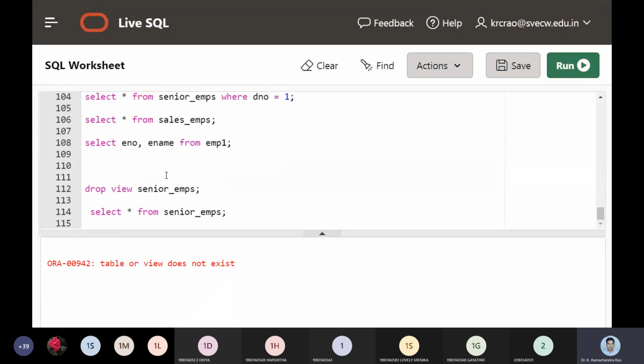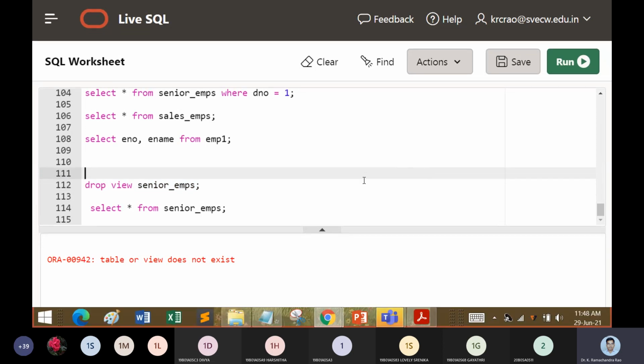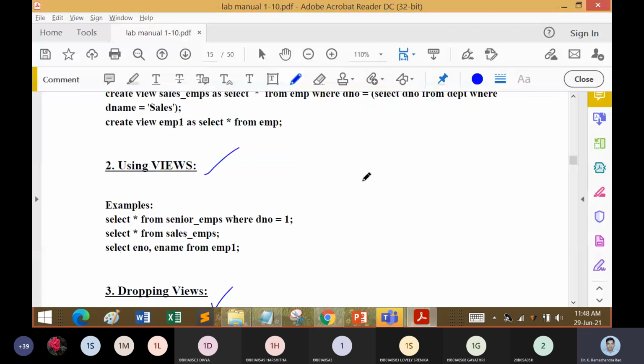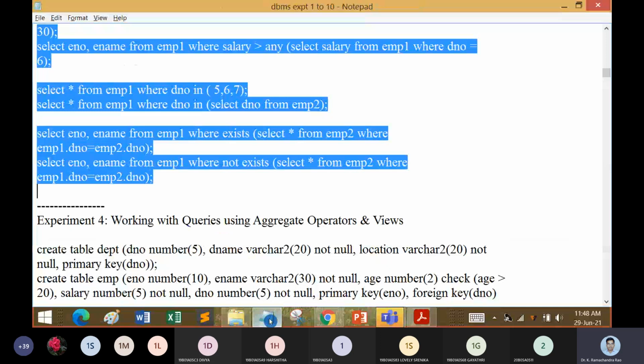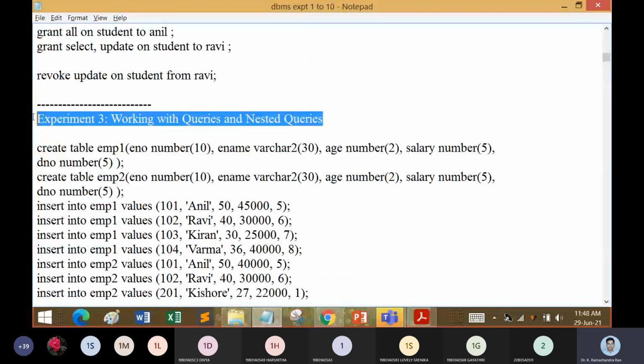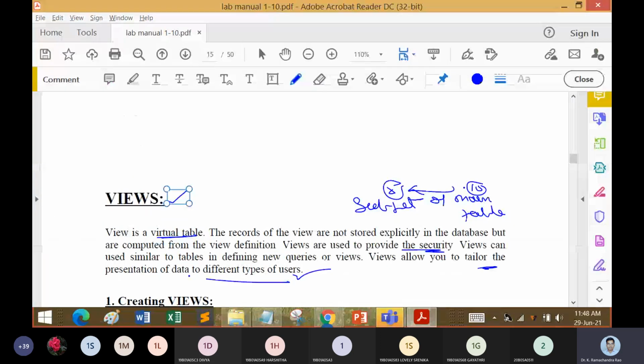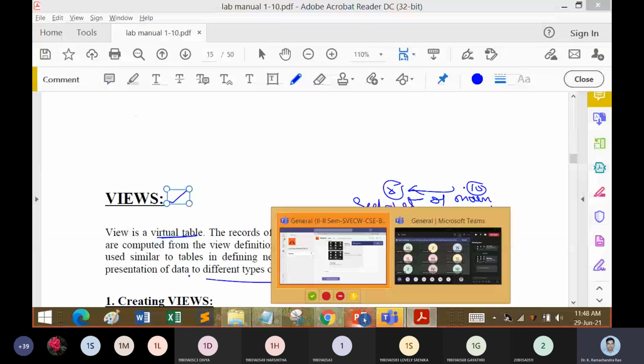Thereby we worked on views, creating a view, operations of a view, and finally dropping a view. So that is experiment number 3, with all these operations.